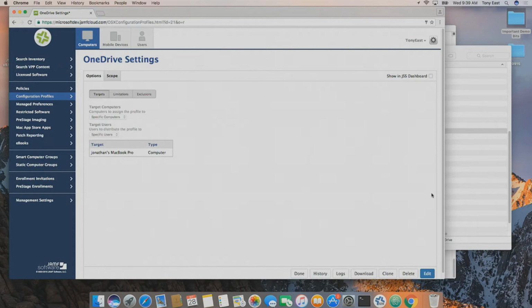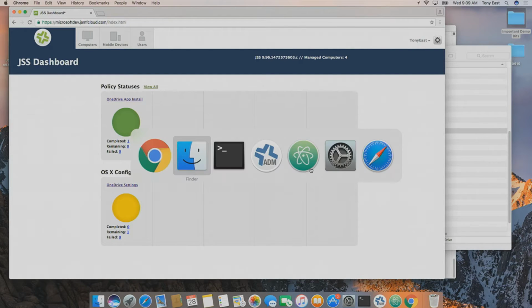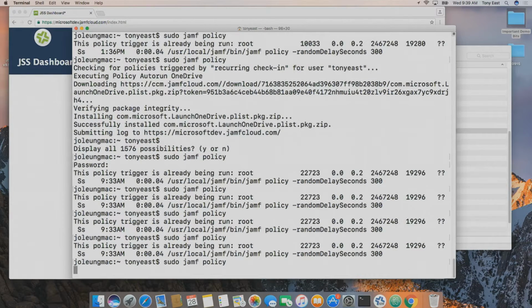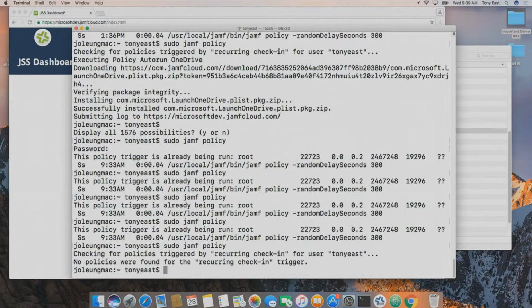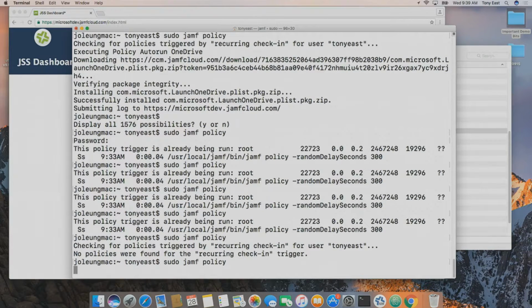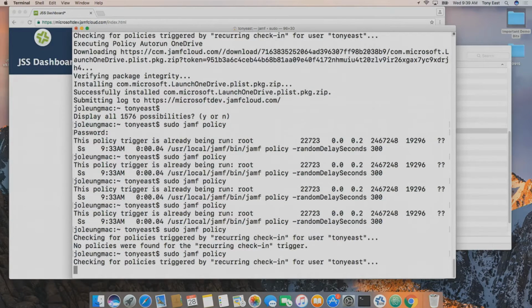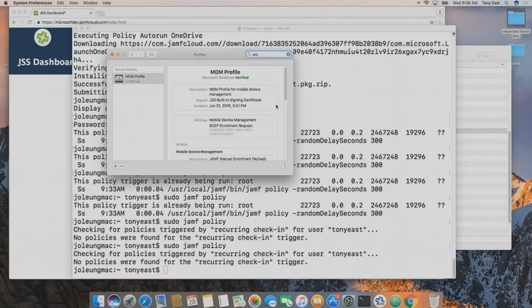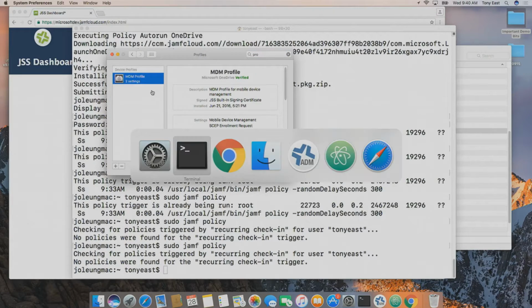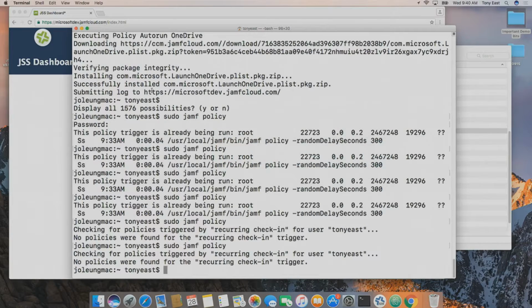All right, so let's see how that's going here. Let's show that on the dashboard. Let's see if we can force that to come down. What that's going to do, if it all works here, is deploy a policy down, and it shows up in the policies field here in the settings. So you'll see, oh, looks like it's not there yet. So let's keep going for a second.